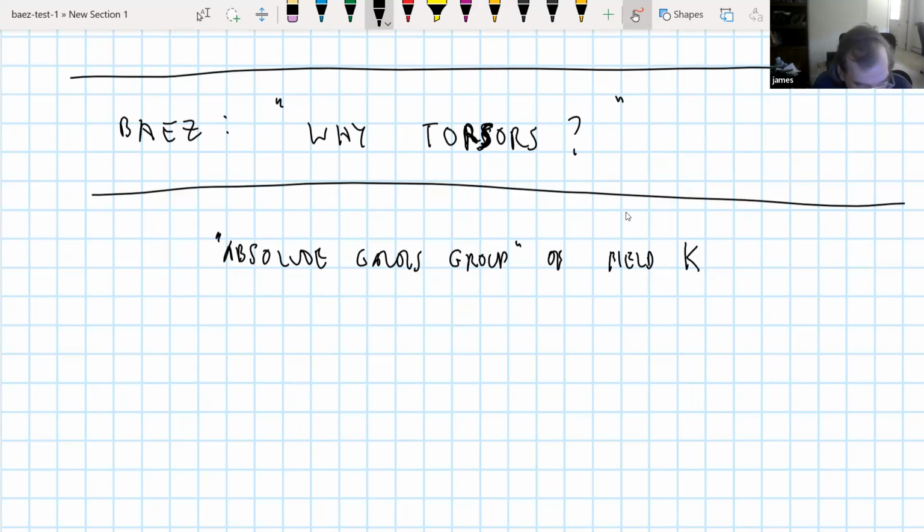So there are things written down on the screen here that might need a lot of fixing up to be technically correct. But we're saying it's something like the automorphism group over K of some sort of separable closure, or some sort of closure of K, algebraic closure. And again, this terminology is supposed to mean something like the automorphisms that fix K pointwise, but they move the stuff in K bar around.